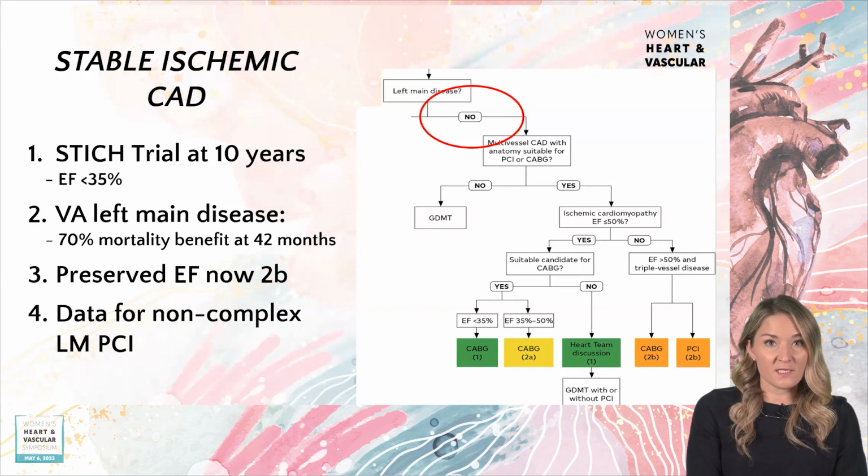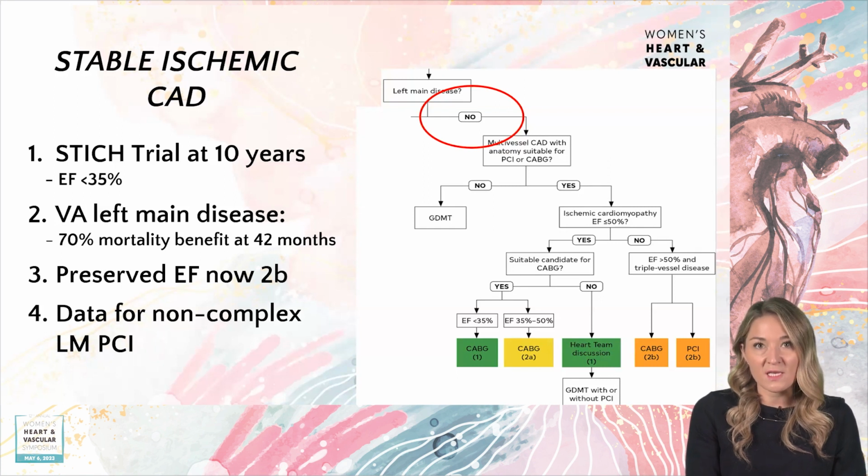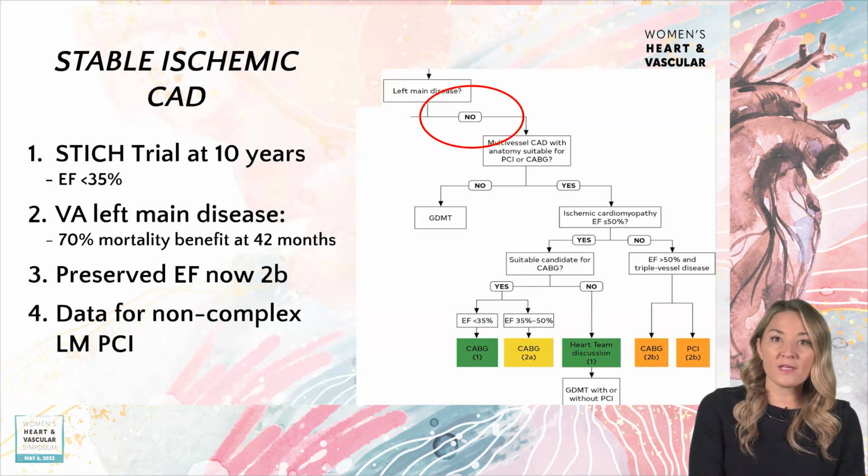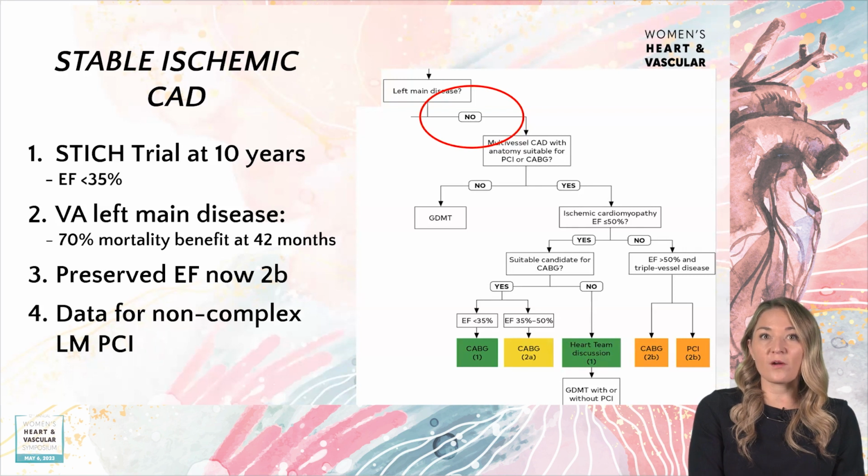If not left main disease, here in this diagram, but has multivessel disease, maybe 3-vessel disease, and is suitable for bypass surgery, then we have to think about what their otherwise LV function or ejection fraction is. If it is less than or equal to 50, and they're suitable for a bypass, then we should probably discuss that with the patient. A lot of patients say, well, why can't you just stent me? There's reasons for this. PCI, unfortunately to my interventional colleagues and myself, has been hard to prove is better than bypass for this disease.